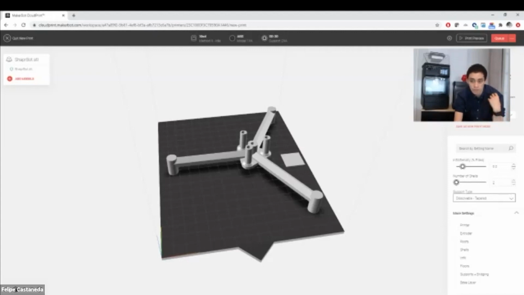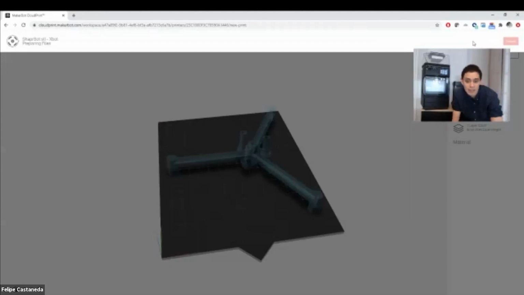Or if you want a fully solid part, you can just toggle the solid button here, and that'll essentially create and print a part that is pretty much solid once it comes out of the printer, right? You can also hit print preview here on the top right corner. That's going to essentially start the slicing process. Again, this is also done in the cloud, so there's no local resources being consumed.